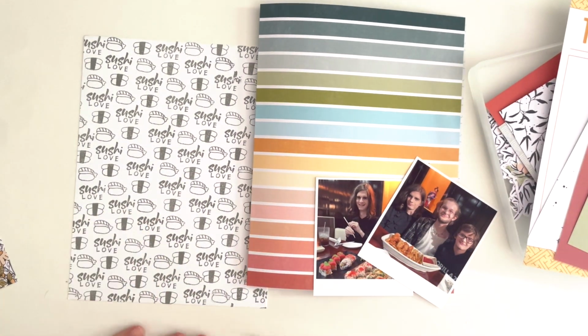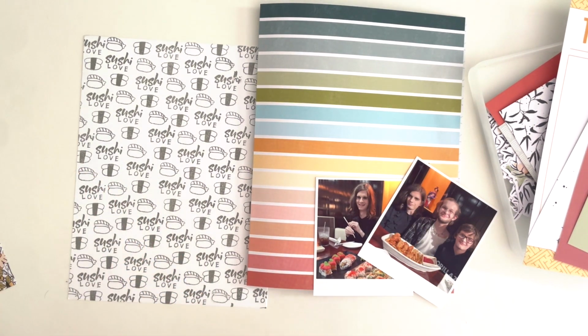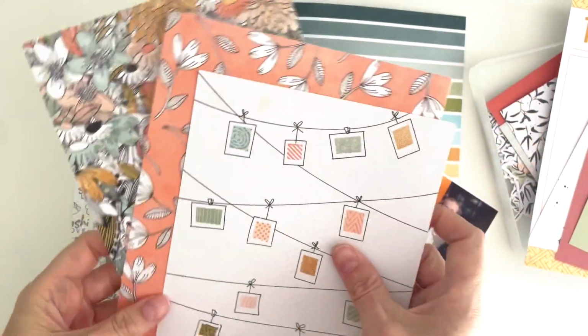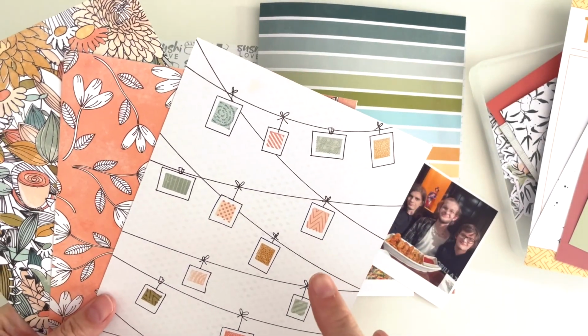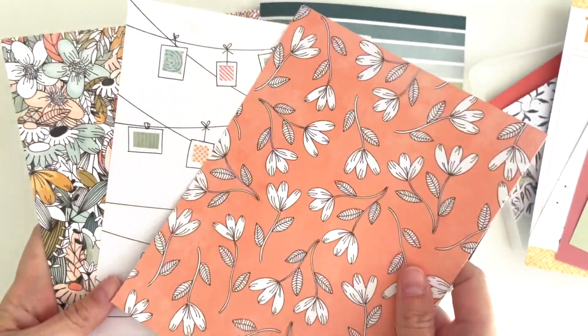Today, coming at you with a layout using the Cocoa Daisy June 2022 collection. It's called Koi Pond, but today I'm going to be pulling in some papers from the September collection, and I forgot what it was called. I don't remember, but I'm pulling in some from the September collection because they match really well, and I want